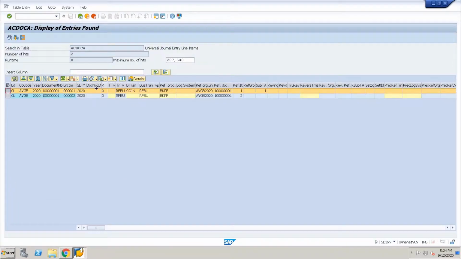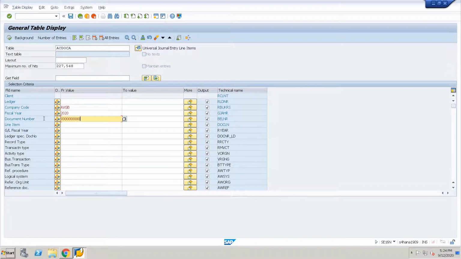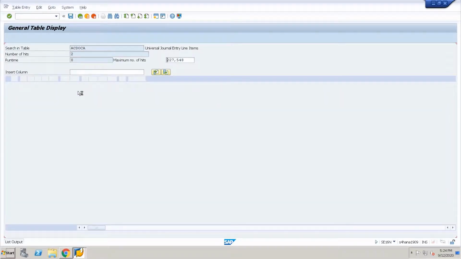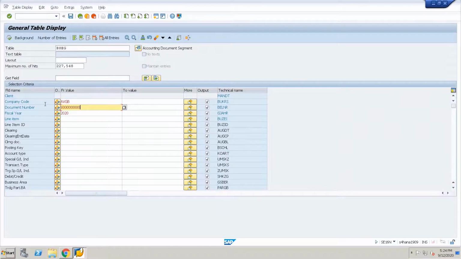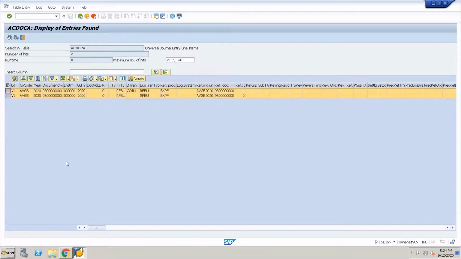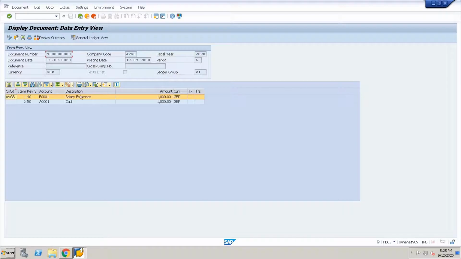So let me go to AC.A and let us see how many documents or how many entries are created for this one. So again it is same, it is created only for the ledger V1, and in PSEC no values are found because the BSEG will have only documents for that of a leading ledger. We will not have any document or any entry for a document that belongs to a non-leading ledger or an extension ledger. So now again let us go back and post a document explicitly to an extension ledger and see what happens.